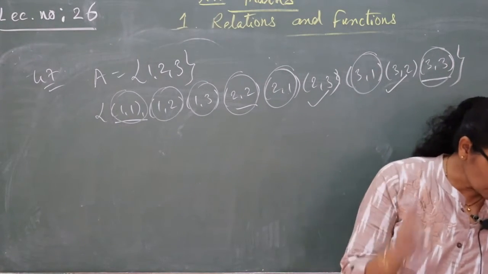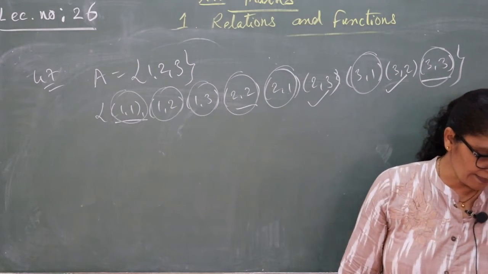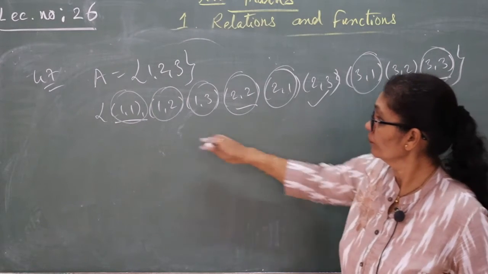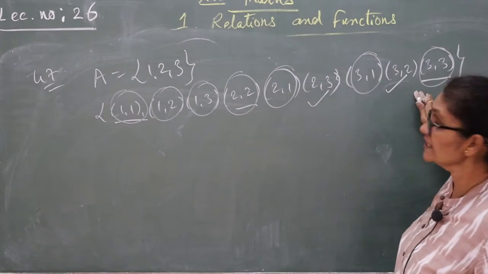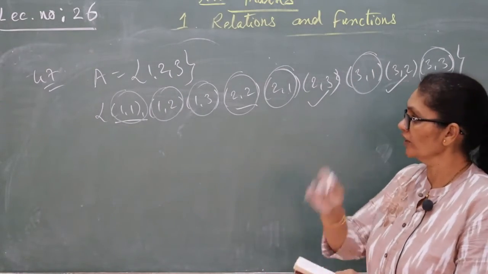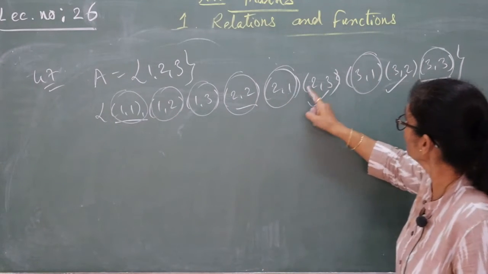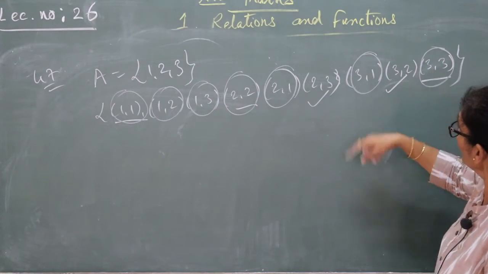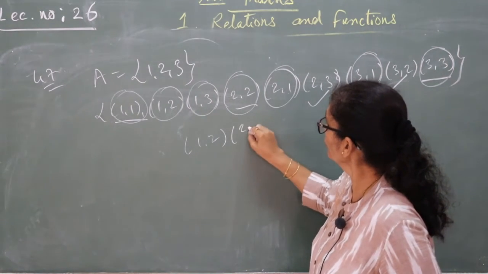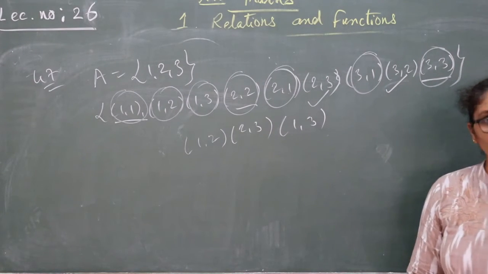But what is your question? Reflexive and transitive but not symmetric. The number of such relations is 3. So what do we have to do? You have to choose your relation in such a way that you get reflexive and transitive. What is transitivity? 1 with 2, 2 with 3, then 1 with 3. That is called transitivity. Relation of (1,2), (2,3), then relation (1,3). That way.